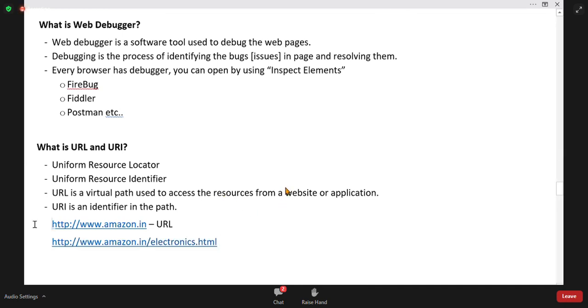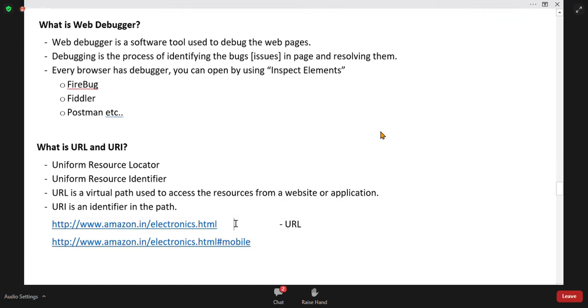Now, if you are writing like this, then actually this is URL. That's okay. But HTTP and // what is HTTP? We will discuss that later. Then amazon.in/electronics.html#mobiles. That means, which page are you watching?